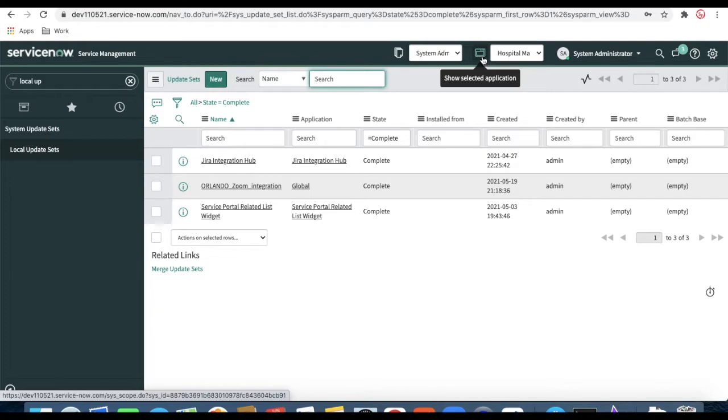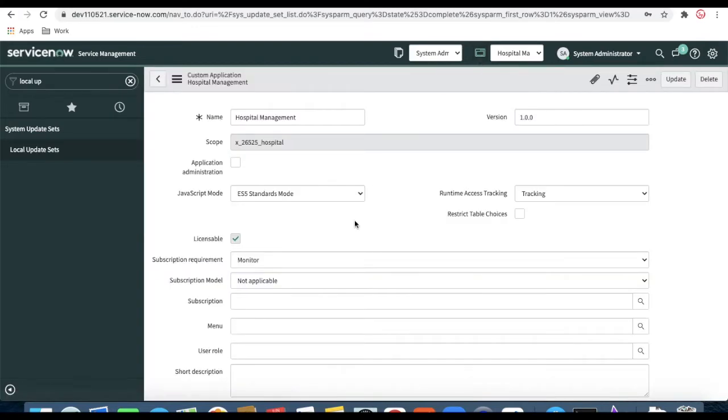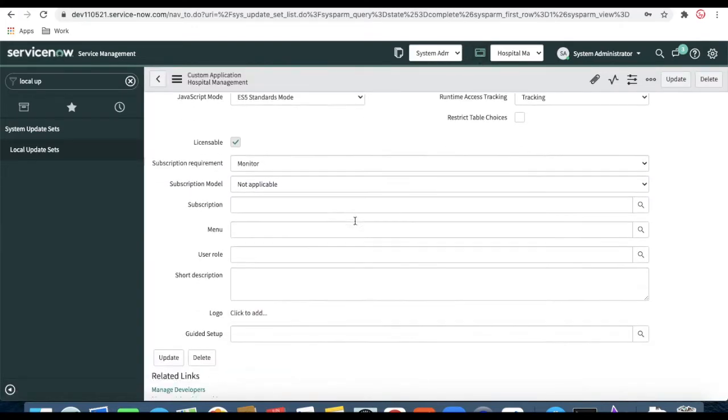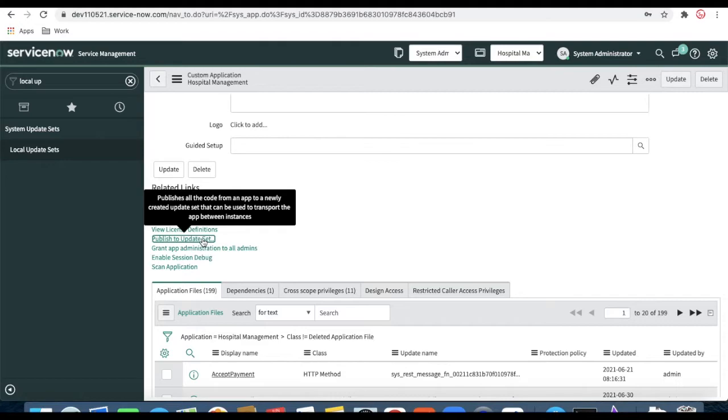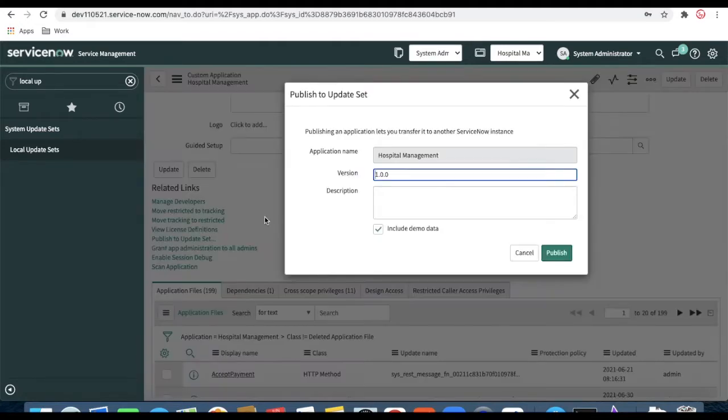So go back to your hospital applications. You click here, you will be able to see this is the hospital management application. What you have to do, you have to click publish to update set. Once you click publish to update set, there will be one pop-up. Here you can define the version. Along with that, you can put some description, called complete update set,